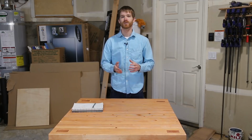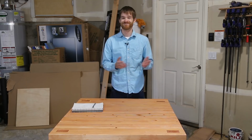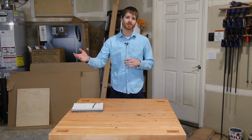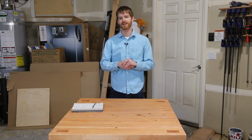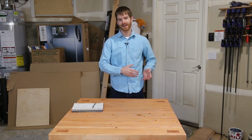Like many woodworkers, one of my first projects was a workbench. I didn't know what I was doing then, not that I know now, but I went online and saw how this person built theirs and this person built theirs, and I combined those and made something that didn't work at all for me. After a few months, I learned what I should have built, so I took that thing apart